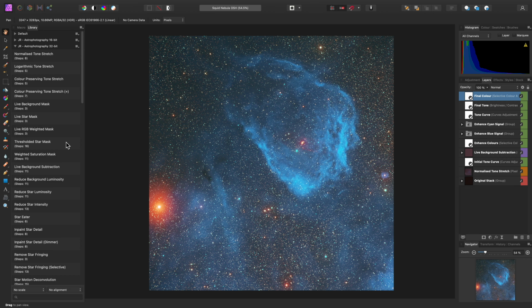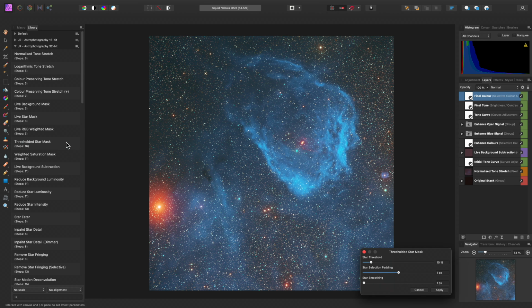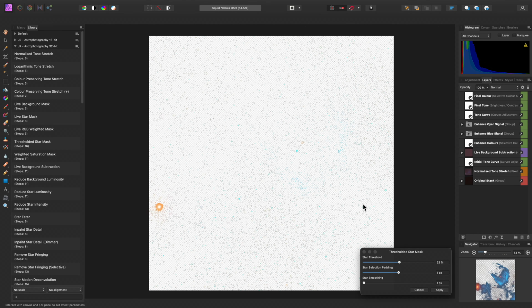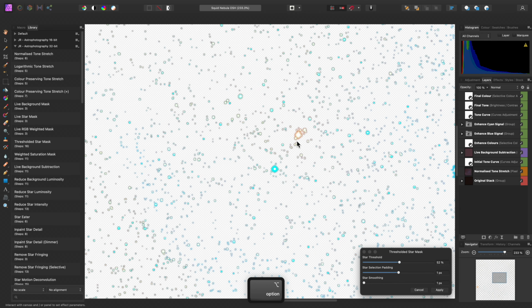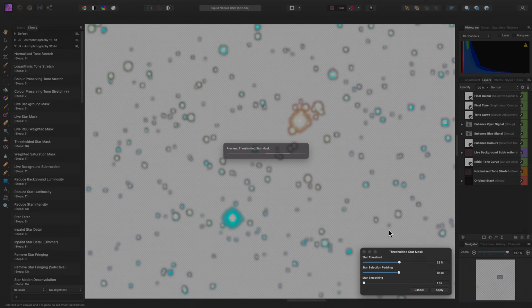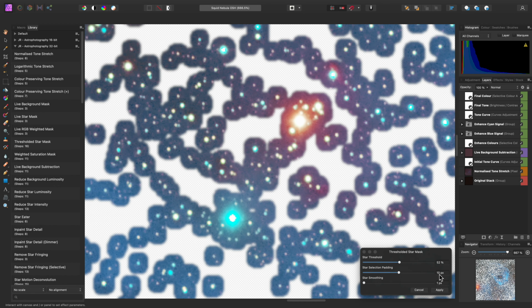Thresholded Star Mask allows you to create a detailed mask of the image's star detail and configure it using several options. For example, I could increase star threshold to ensure I am only masking the brightest star detail. Then, I could experiment with star selection padding. This will pad the selection area around each star, but actually for this example, the default value of 1 pixel